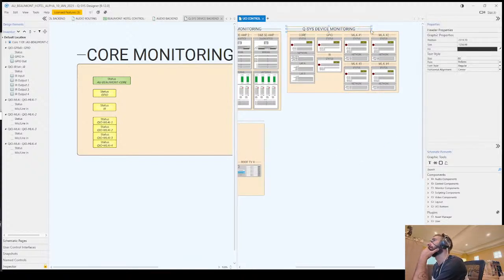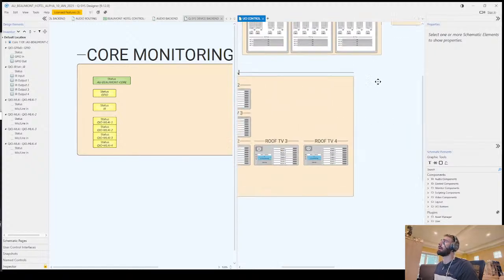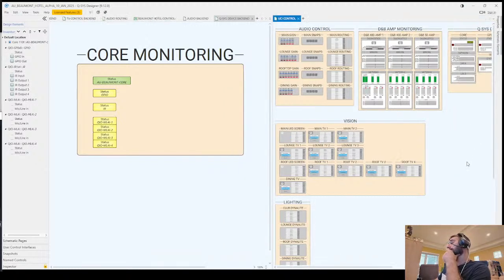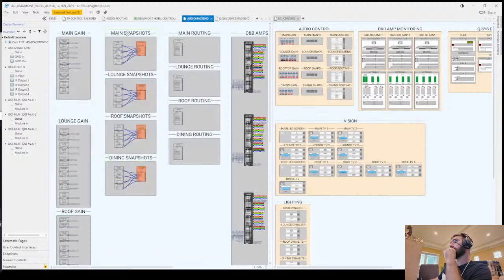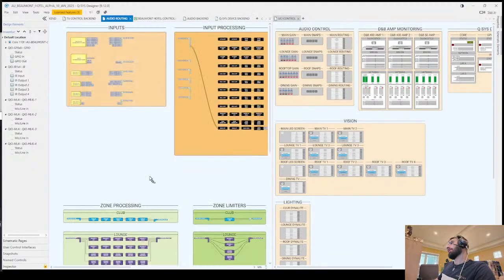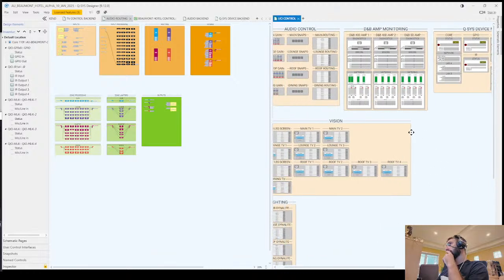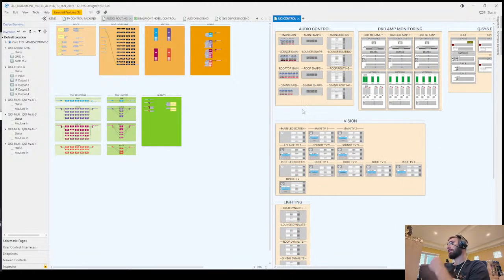The next few times I'm on here, my plan at least is to sort the audio I/O out now that that's been finalized, and I can finish the audio backend. So the audio routing page. Mainly just these sections here. Everything else is kind of done, but just those middle sections for the inputs really. Outputs I think are fine. And then set up monitoring for all of that here and make sure my control's working. One thing I want to add in,